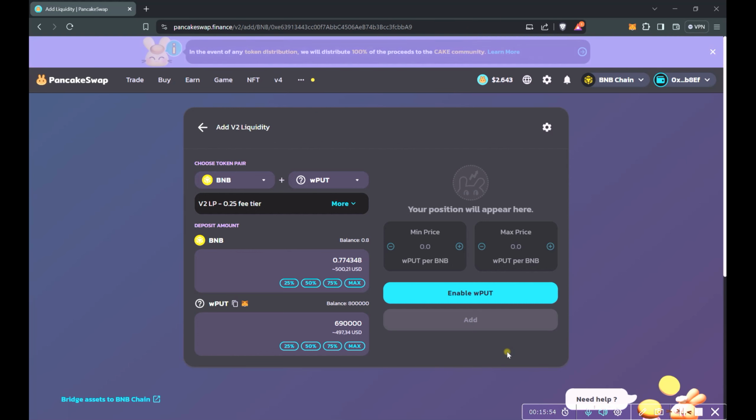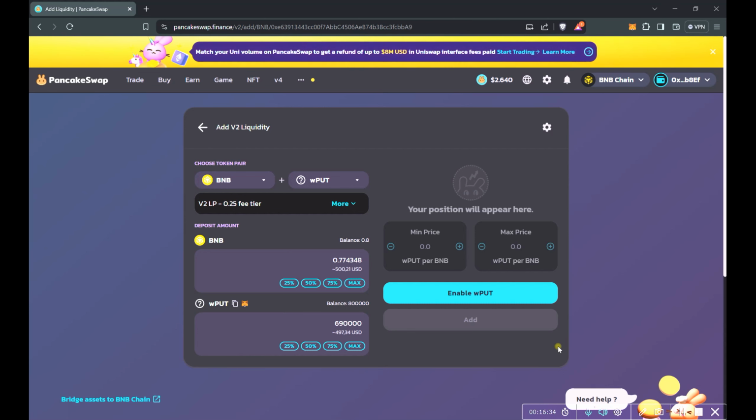This permission has to be given just once, and when it has been given, you can add or withdraw liquidity anytime you want because your MetaMask already provided the provision to do so. Just mentioning withdraw: yes, you can also withdraw liquidity as you may withdraw your earnings, but you can also add new liquidity if you want to have a bigger share in the pool. And for these two things, you just have to enable the pool just once, as I said before.